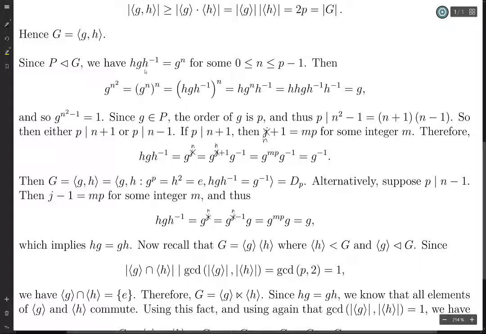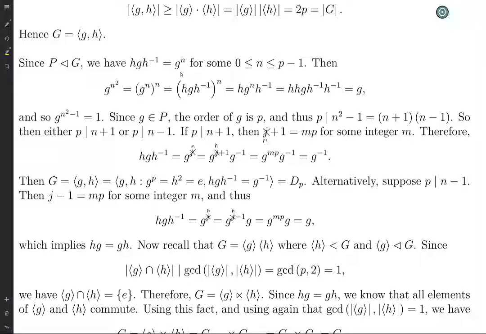And so for this to be contained in the group generated by g, it must equal g to the n for some power of g. And since g has order p, n is between 0 and p minus 1. And then we have this equation here,